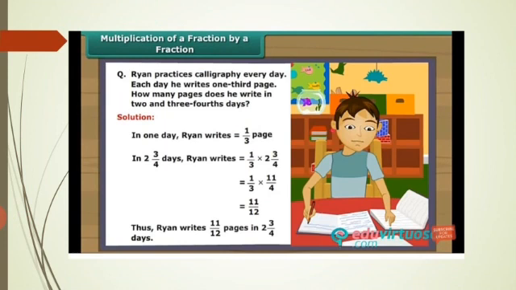So you need to multiply 1/3 into 2 3/4. 2 3/4 represents a mixed fraction, so you can convert the mixed fraction into an improper fraction. Then you multiply the product of numerators and also the product of denominators. You get the solution 11 by 12. Thus Ryan writes 11/12 pages in 2 3/4 days, because the question given